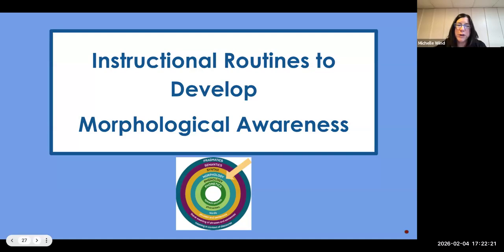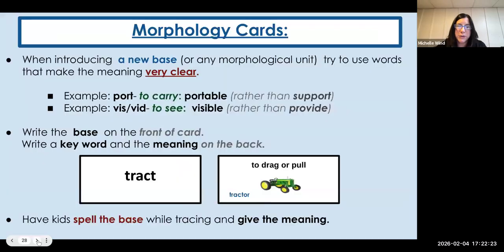All right, now we're going to walk you through some practical application for your classroom. When teaching a base in your classroom and exposing your students to this kind of learning, you want the new learning to be as clear as possible. So if you're teaching the base tract, you want to teach,